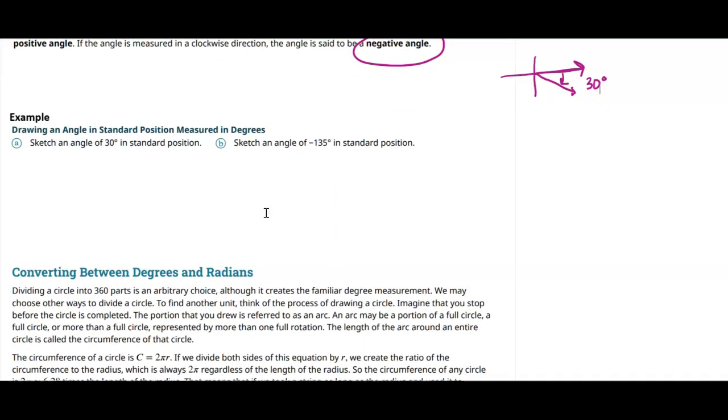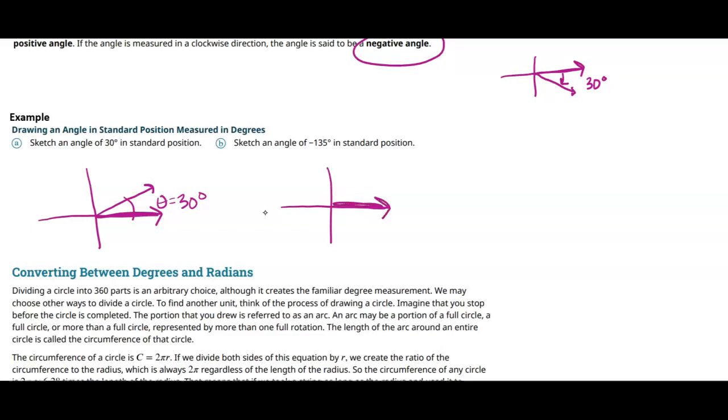And so right here, if I wanted to sketch a positive angle of 30 degrees, I would have my initial side, and then my terminal side, I would make sure that that angle measure is 30 degrees. If I wanted to have an angle of negative 135,